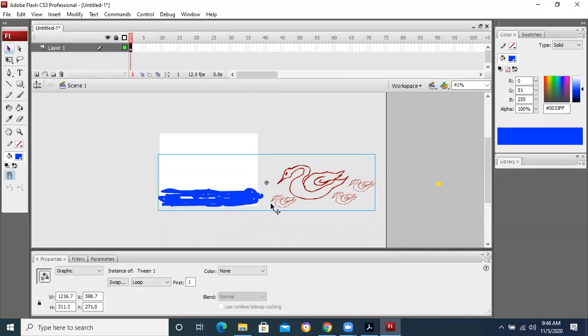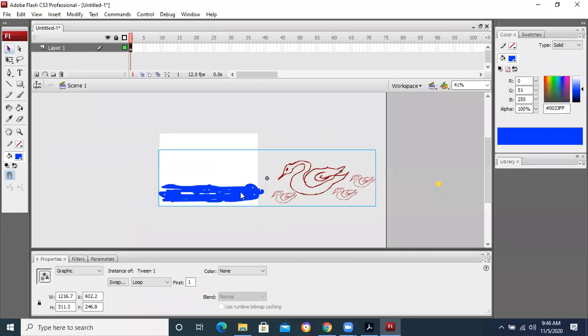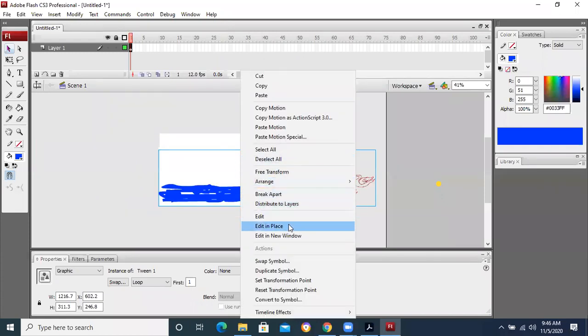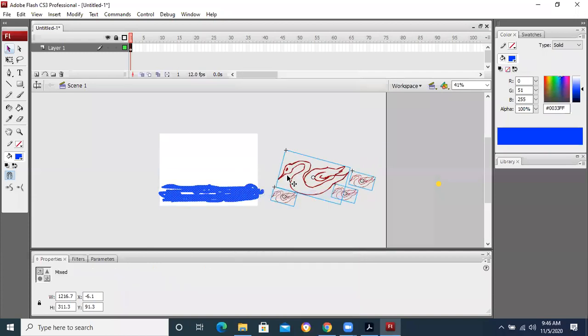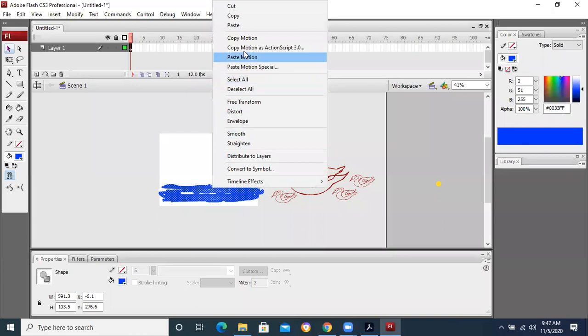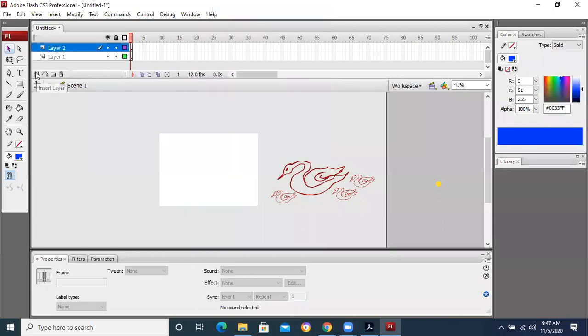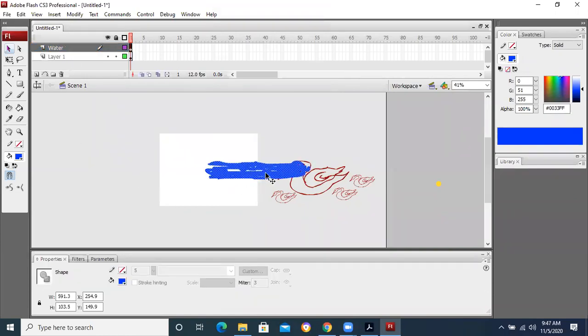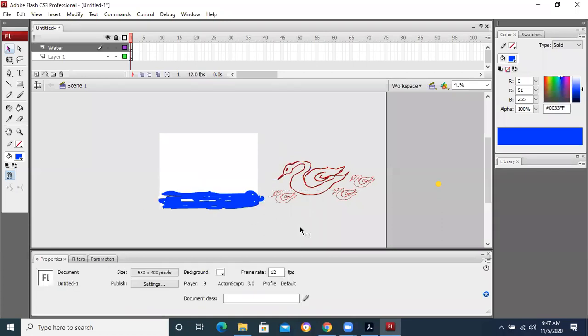I will take this shape of the water. These are right now joined together. I will break them apart. Break apart. Okay. So the water should be on a separate layer. I am going to cut it and take a new layer over here. I will give it the name water and paste the water over here so that it should not move with the objects. This happens sometimes because the objects are on the same layer.